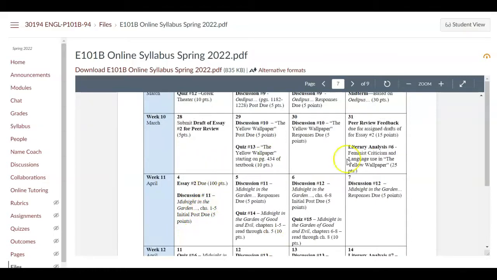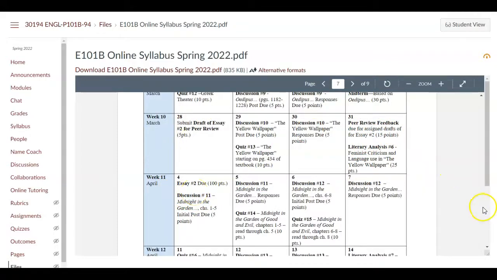So the week before essay number 2 is due, we'll have a peer review where 2 of your peers will look at your essay and give you feedback, and you will look at the essays of 2 of your peers to give them feedback. The essay will then be due on April 4th, and this is the one that you will turn in to me for a grade. So you'll get that peer review feedback. It'll be due the Thursday of the week that you have the peer review. And then you'll use that feedback to revise your essay to turn it in to me.